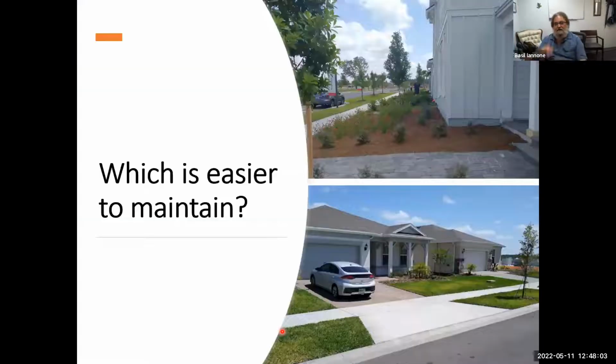Okay, so rhetorical question here, which is easier to maintain? Look at that bottom picture, you think, well, it's just lawn, all I have to do is mow it, and there's a couple shrubs there, it's probably easy to maintain. But from a homeowner perspective, I'm going to challenge that. I started reading IFAS recommendations for fertilizer and mowing and irrigation. I'm a plant ecologist, and I was getting a headache, and I was like, I wouldn't want to follow this. I wouldn't want to deal with this if I was in an HOA.